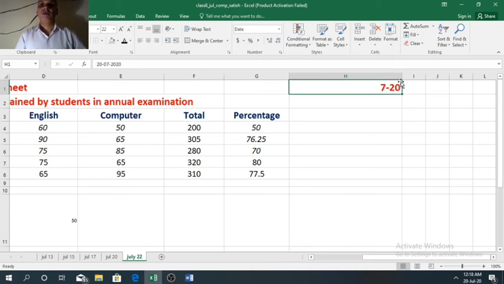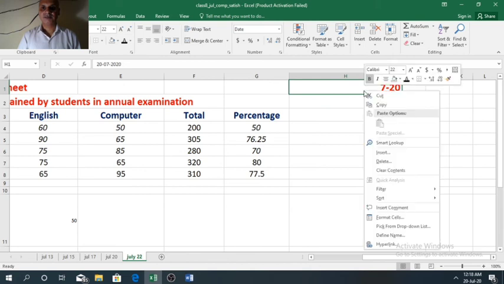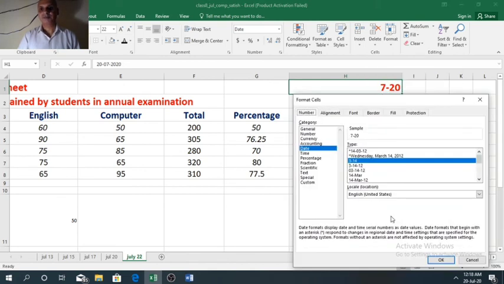So if you want to change the format of date, again we have two options. First select the cell where you want to apply the format. Now right click, go to format cell. Here we need to select date option, which is already selected.